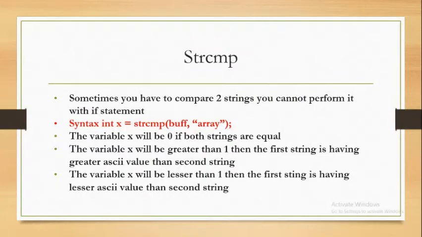So if it is greater than 0, the buff array's ASCII value is greater than the second array's ASCII value. If it is lesser than 0, then the buff array's ASCII value is lesser than the second array's ASCII value. So let's try it out